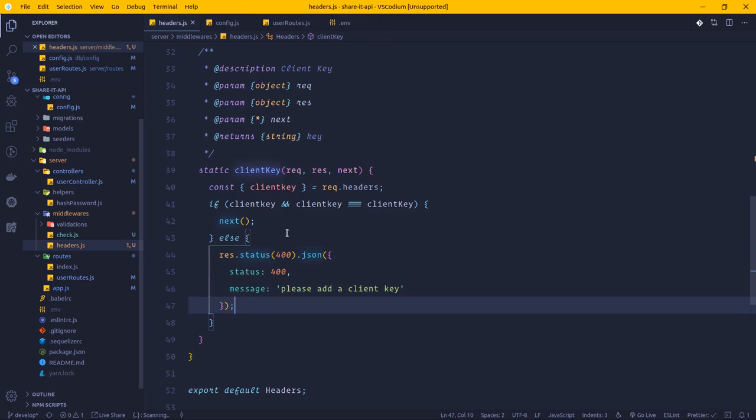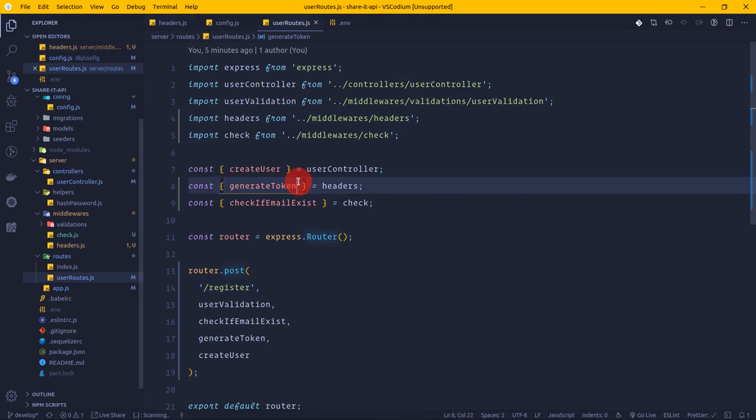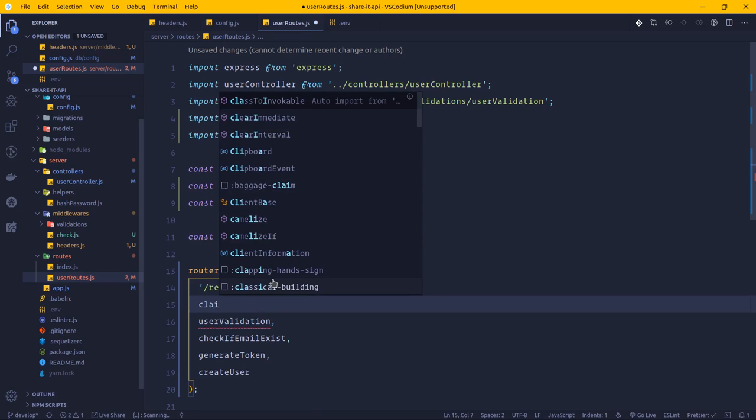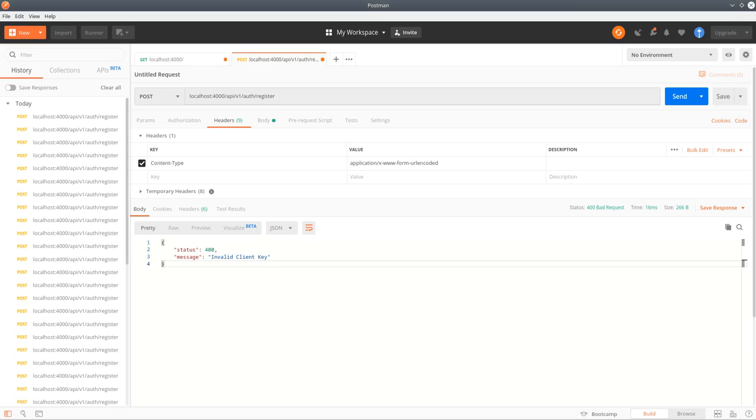So save. That's it, and I'm going to import it in our route. So it's in our header. I'll say client key, and it should be before validation, because you need to pass in the client key to even validate the user and do all that. If there's no client key here, it will stop at this point and not run the other middlewares. So now I'm going to access this route. Please add a client key. So if I pass in a client key now,